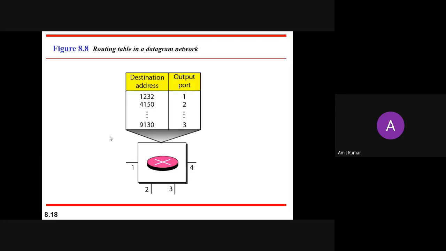Here, if you see, we do not have the setup and tear down phases, so we don't have the allocation of resources. The message has to travel from source to destination. So how will the router come to know which path to route from, and where we need to reach? That's why we have the destination addresses. In this type of network, each switch, or you can say the packet switch, has a table that is known as the routing table, which is shown here. This type of table will be on each router.